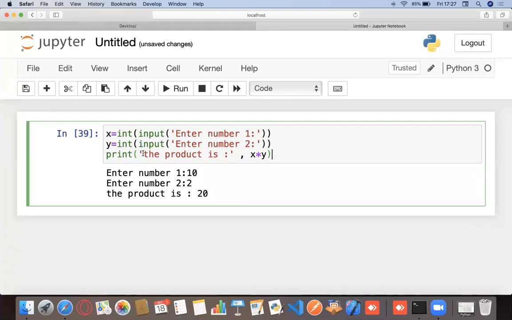Now, what if I want to write something like this? Instead of saying that the product is, let's say I want to be more classy. Colon is just something I like writing. It's not necessary. You could totally skip it. You could write anything you want.